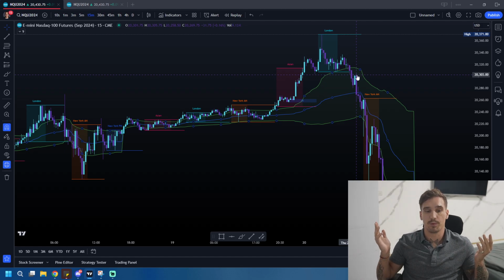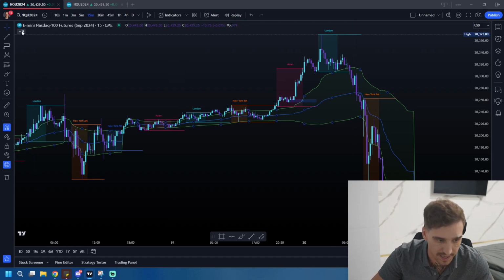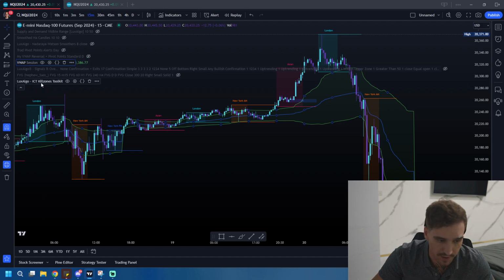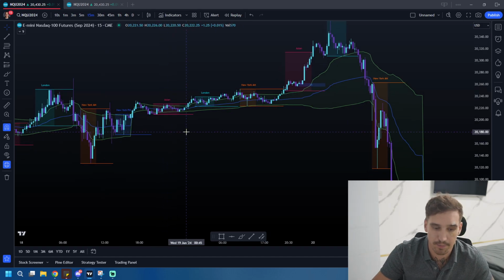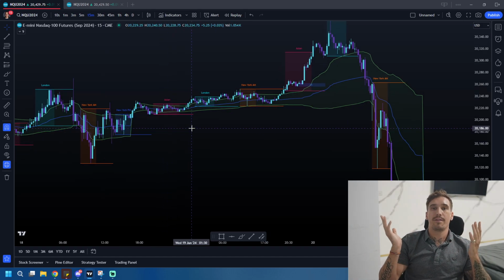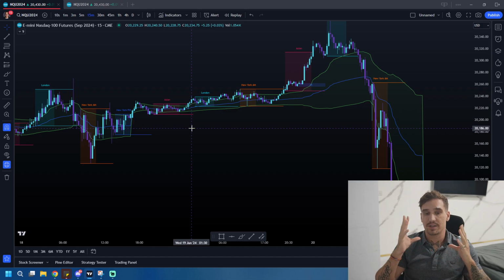It's pretty simple. Now, get this indicator if you don't have it. It's very helpful. ICT Kill Zones Toolkit. It charts the pivot points for you, the highs and lows of each session, and just kind of pay attention to it. If you haven't watched a live session where I am about to trade market open,